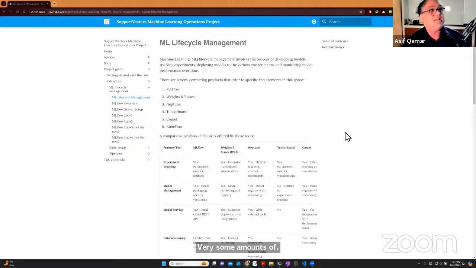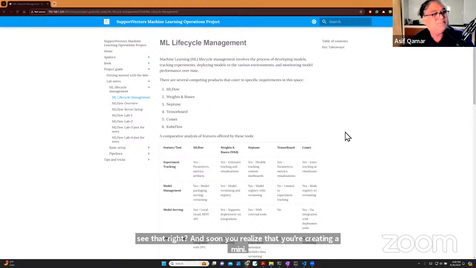What are you doing to prevent that? Right? So on and so forth. So all of those hyperparameters ultimately lead to an explosion of models. One algorithm, same code, run over and over again. Remember, we use the word continuous training. How will you manage it? If you think about it, Albert, you'll have to start creating directory structures by date. Then within that, you'll have to start doing different hyperparameter values. You'll have to start doing all of that. You see that, right? And soon you realize that you're creating a mini lifecycle management framework of your own, isn't